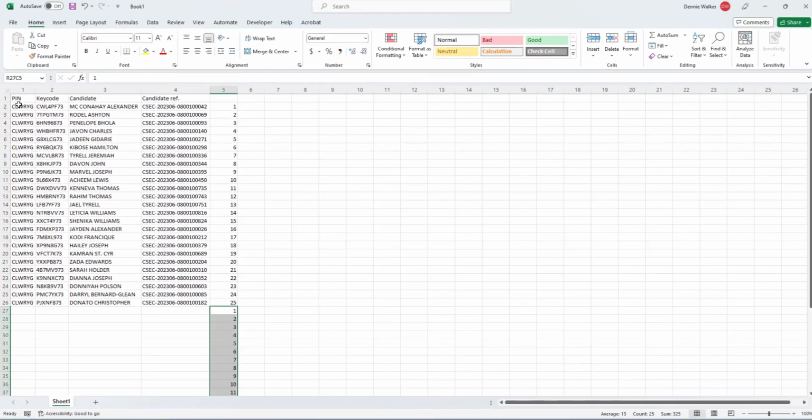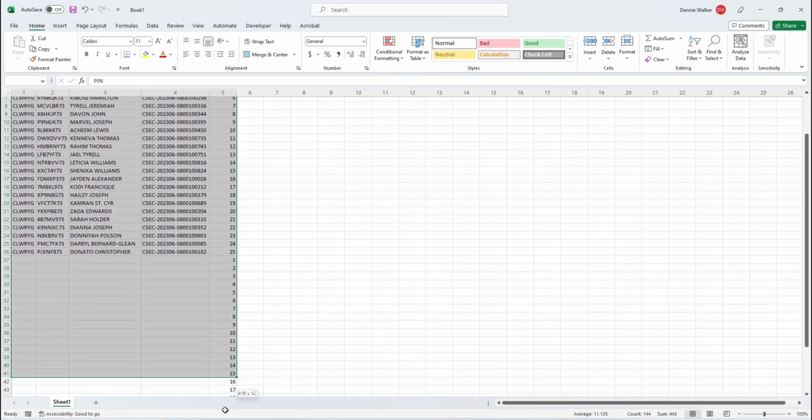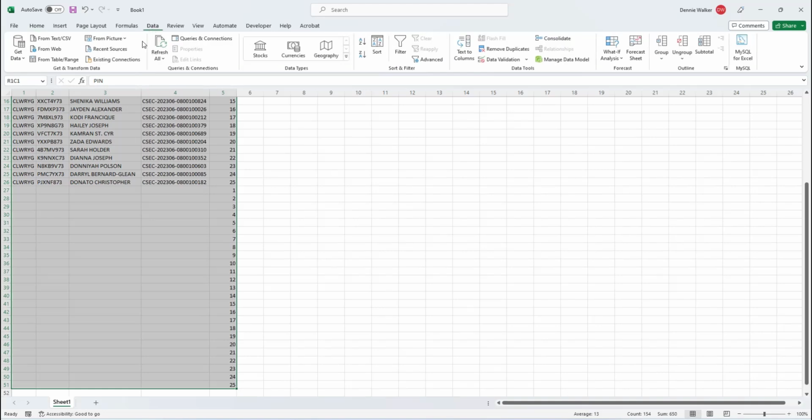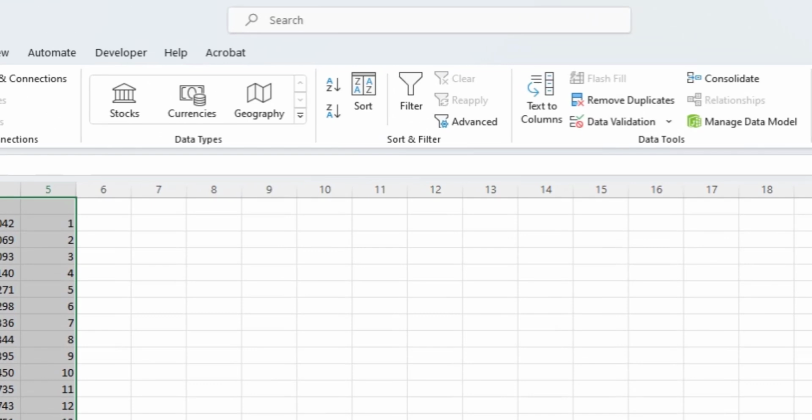Next thing I'm going to do is select all of the data including the numbers that I generated, and I'm going to go to the data tab at the top of the Excel window, and then I'm going to look for the sort, right? So I'm looking for sort. Let me just move my recorder there. So I'm going to click sort,